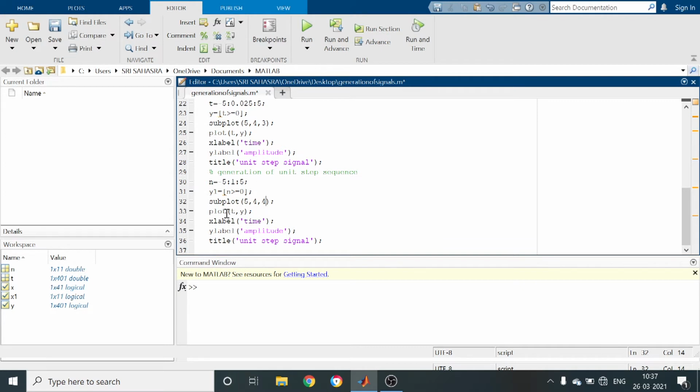In order to plot a signal sequence, we have to use the stem command. So stem, again x comma y, here x is the n variable, y is y1. X label is again time, y label is amplitude, title is unit step sequence. So again save and run the program.